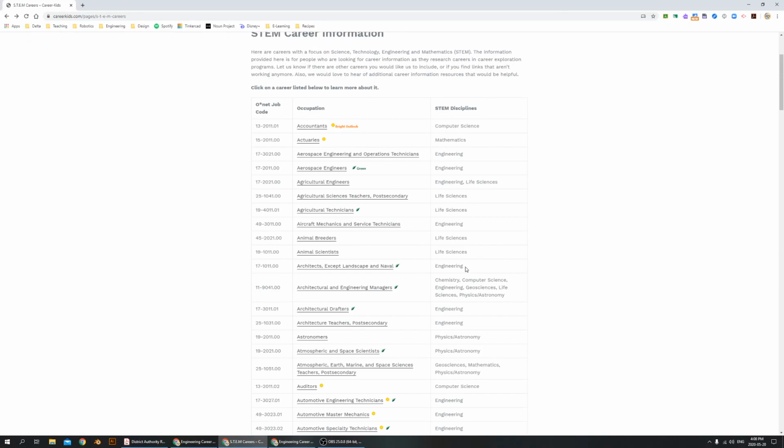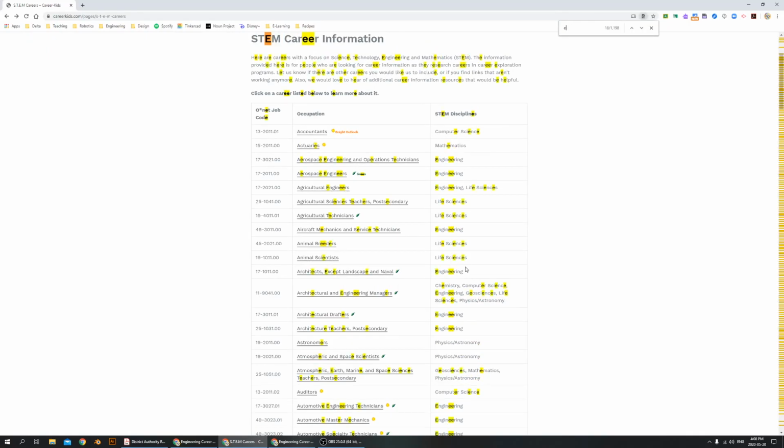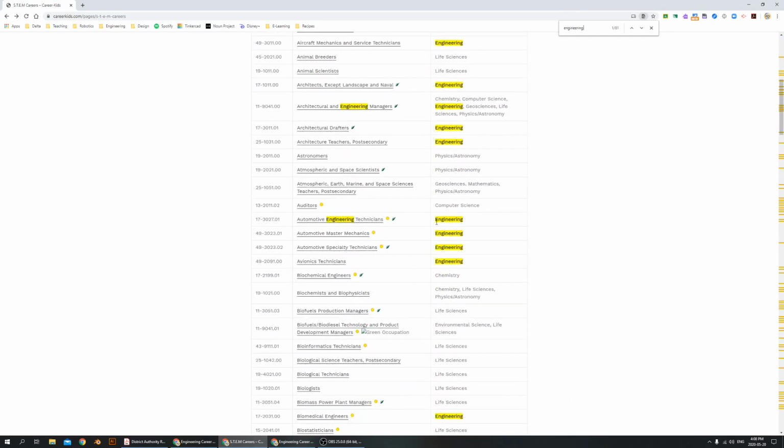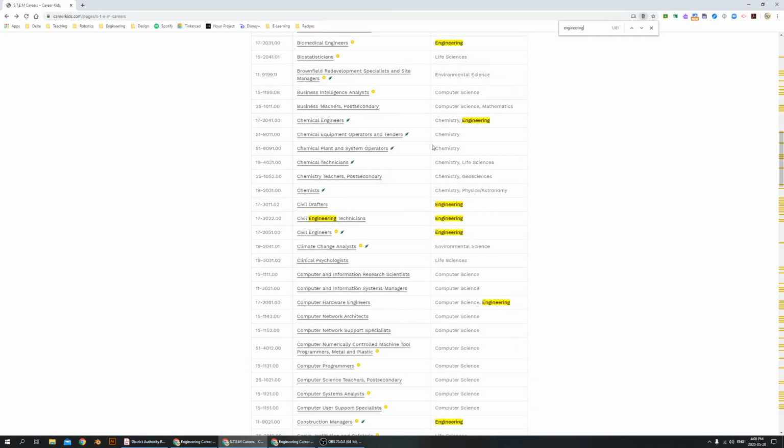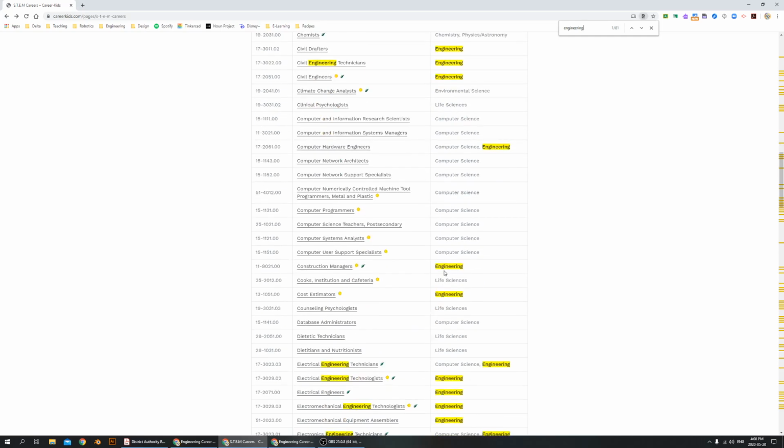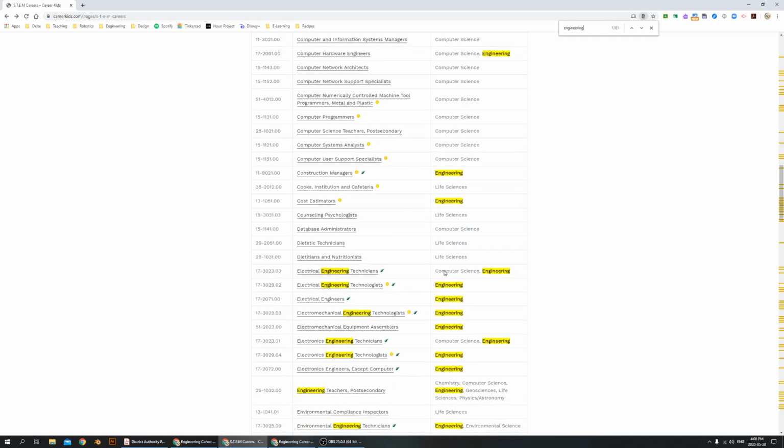You can even press Control F and type in engineering, and it'll highlight for you the careers that fall into that category. So you can look around. This is chemistry and engineering, so that might be good if you have a passion for both. And once you see something that is interesting to you, you select it, and that will be what you use